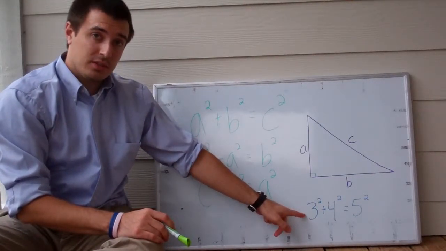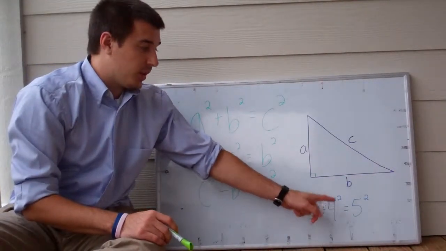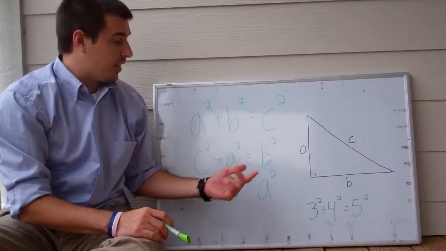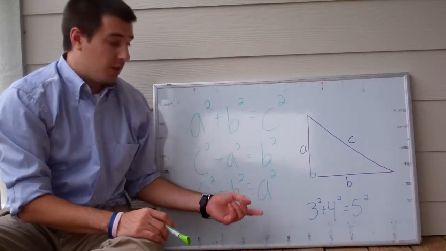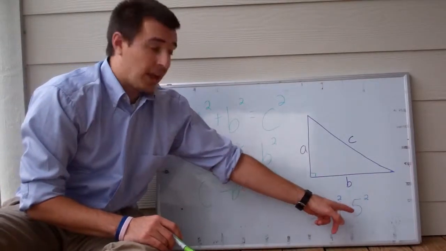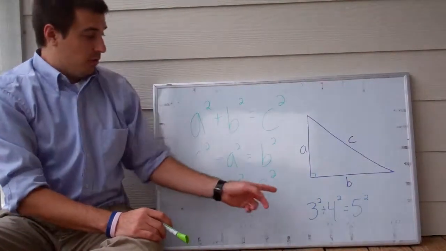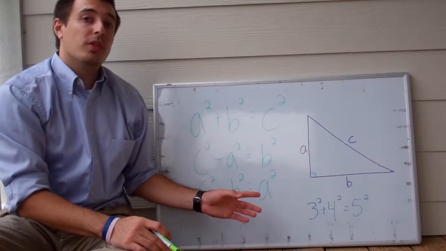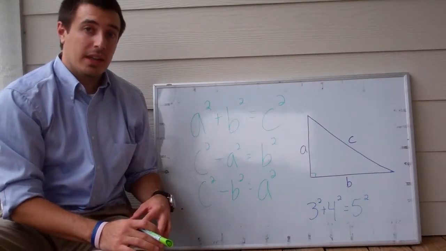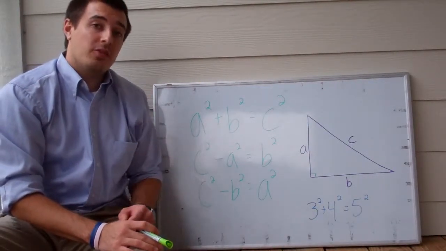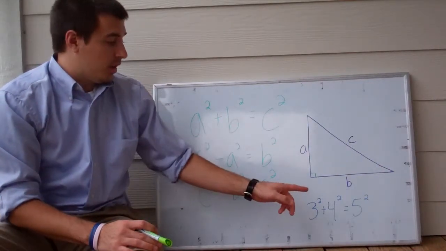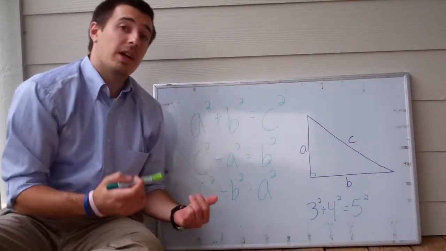Recognize this right here? 3 squared plus 4 squared equals 5 squared. So this is a Pythagorean triple. Remember, these are all perfect natural numbers, so none of these have any decimals when you square them, or you have to take the square root of them at the end. We figured out in class, remember, how you can take these and multiply them by 2,